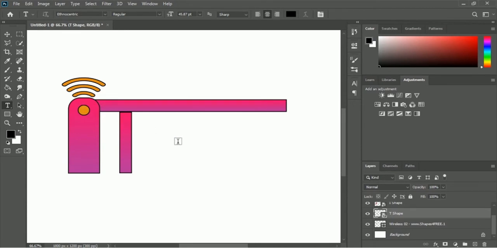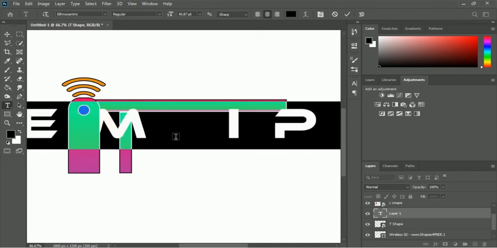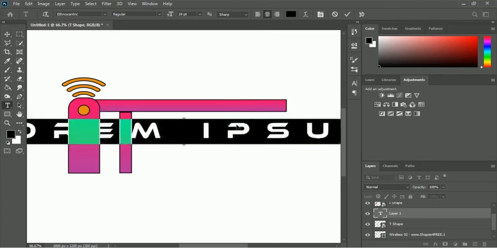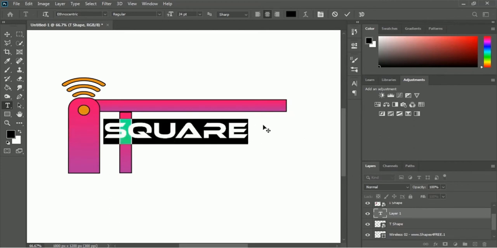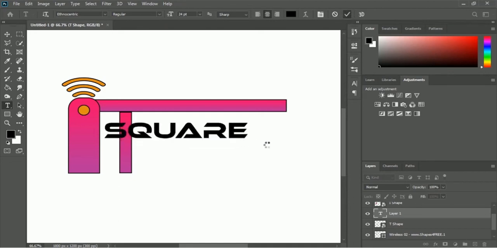So at first we have to write square and we will use this gradient as our fill color. So let me write square first. So here is the text, and let me decrease the size of font. I think 24 point will be better. So let me write square. Okay, so here is the square, and let me click this tick mark,